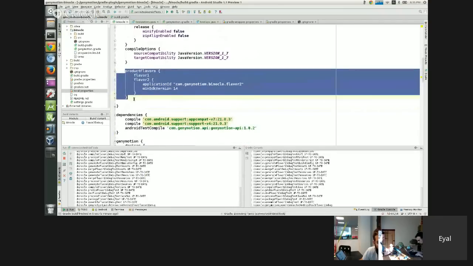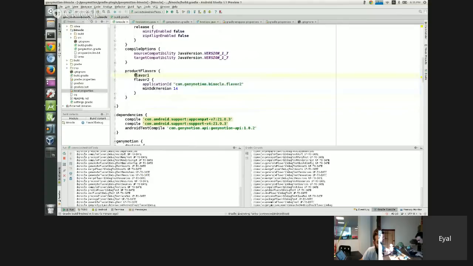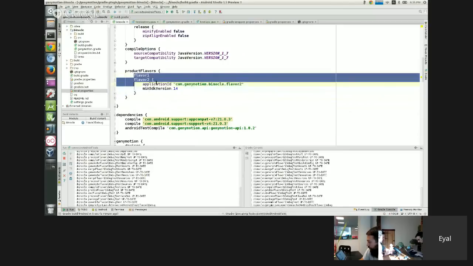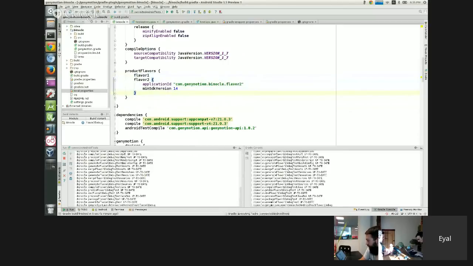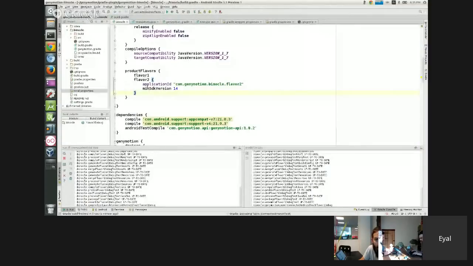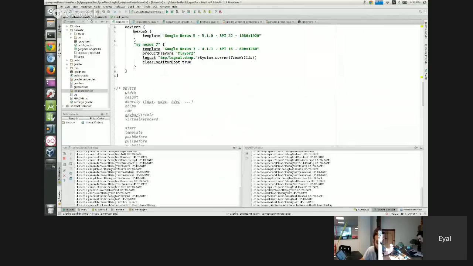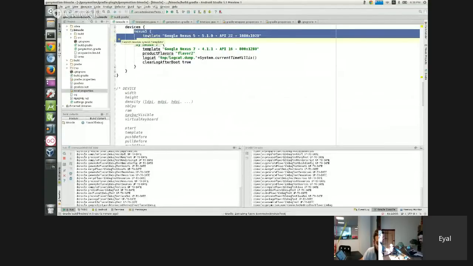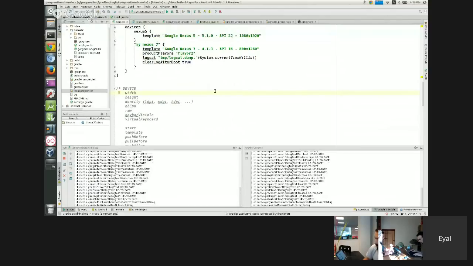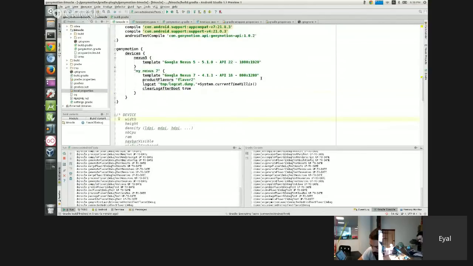there are two flavors, and when you are running connected Android tests, it will build each flavor of your project and run the tests on each of your flavors. Just to let you know. So what you will see, there is already one device that is created, the Nexus 5. That's the build flavor 1. And that's the only device that will be launched, because my Nexus 7 is only related to flavor 2. And that's the reason why only the Nexus 5 is running right now. So there will be two batches of tests that will be run